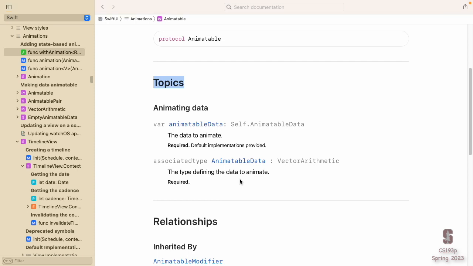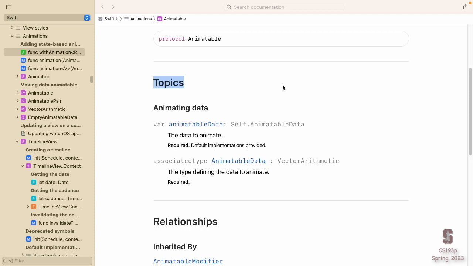That's why I showed you that slide, so that when you see things like animatable data, you realize, oh, this thing has a don't care. That don't care is the return value of that var, see? And it has to care a little bit, implement vector arithmetic.